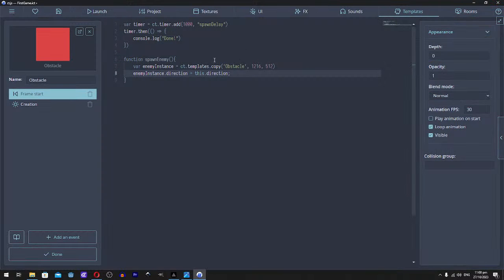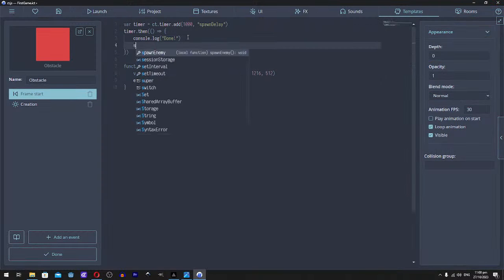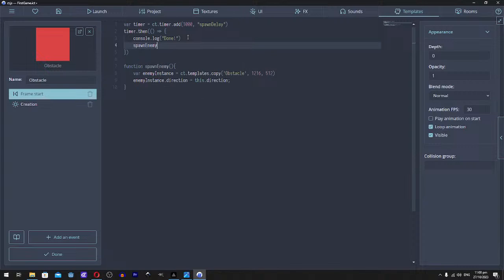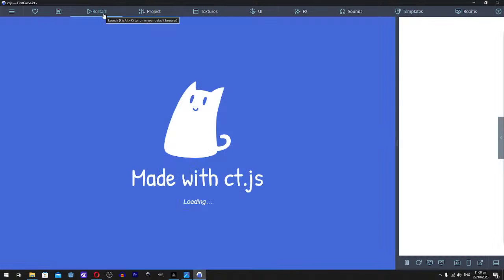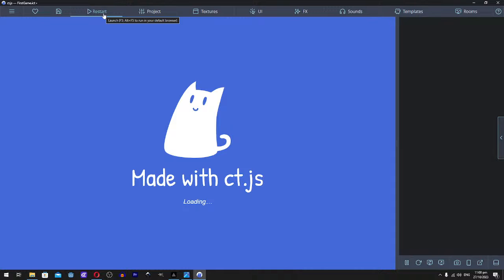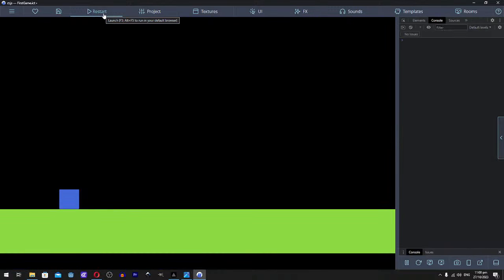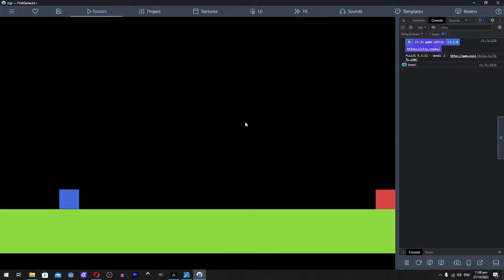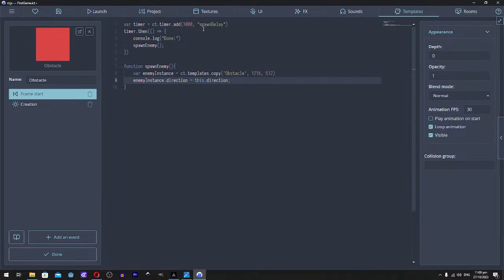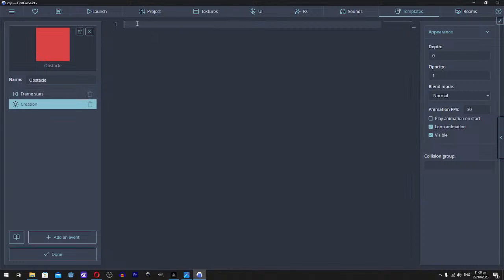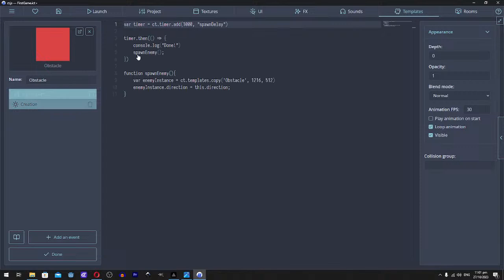I forgot to call the function, so let's do spawn enemy. It doesn't return or have any parameters, so I can just do that. Okay, so it's spawning. It is there, but it just keeps spawning. So I do have to create a variable, var can spawn equals false, and inside I can simply say